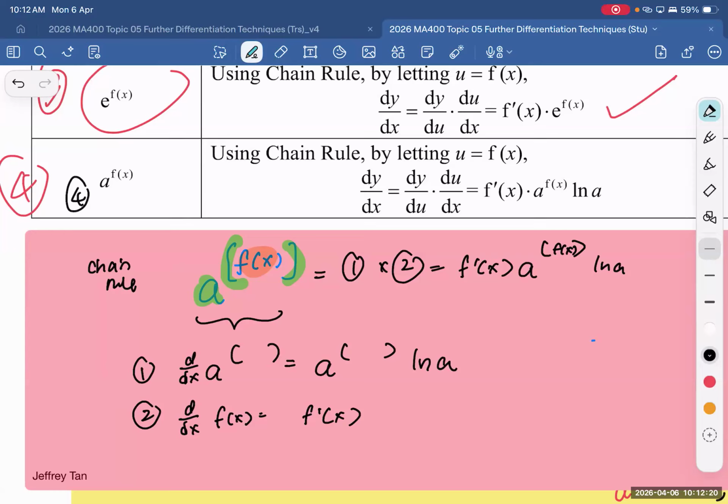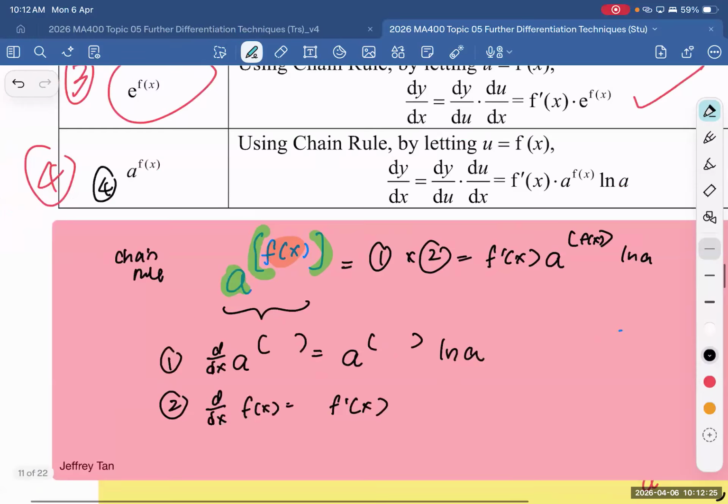That's right. That's right. How come? So because